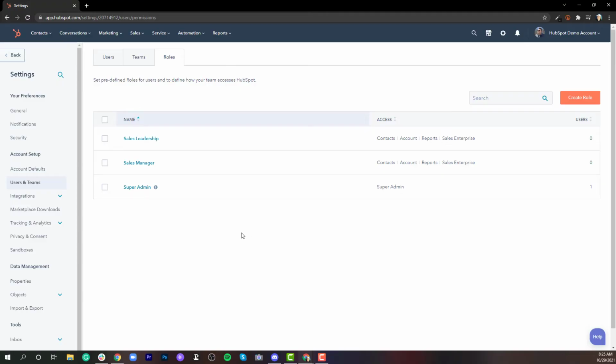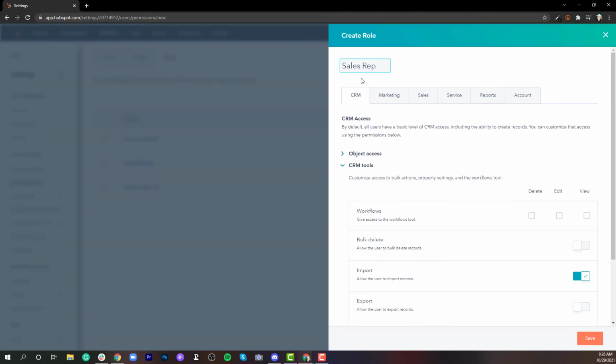And finally, we're going to go into our third tier of creating a sales role. And here's the thing. This whole time you've seen super admin. Don't worry. We're going to actually talk about super admin in another video. Today, we're just talking about sales roles. So we're going to go ahead and create our third sales role by hitting the create role. And this time, of course, it's going to be sales rep.